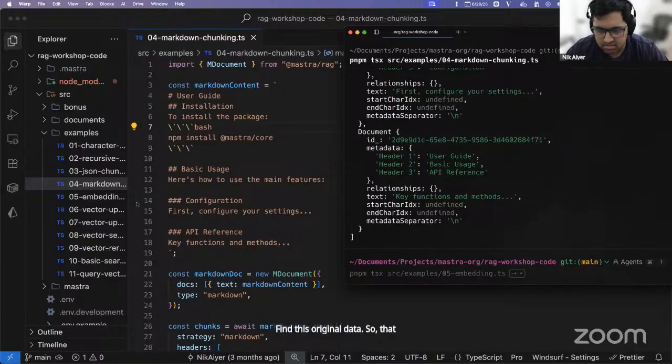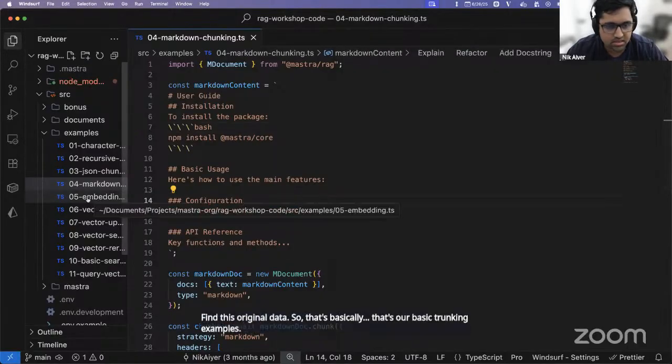So that's our basic chunking examples. Next, I want to go over